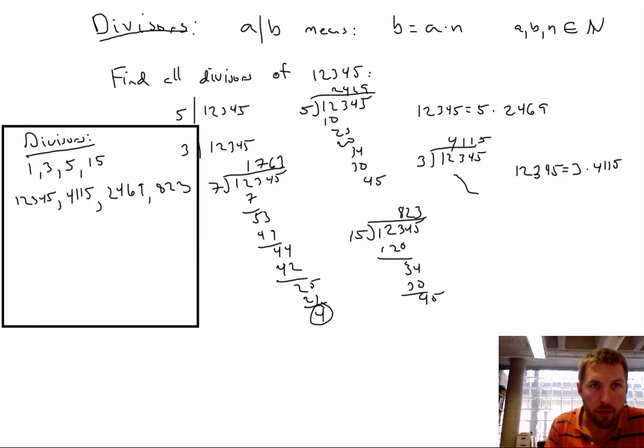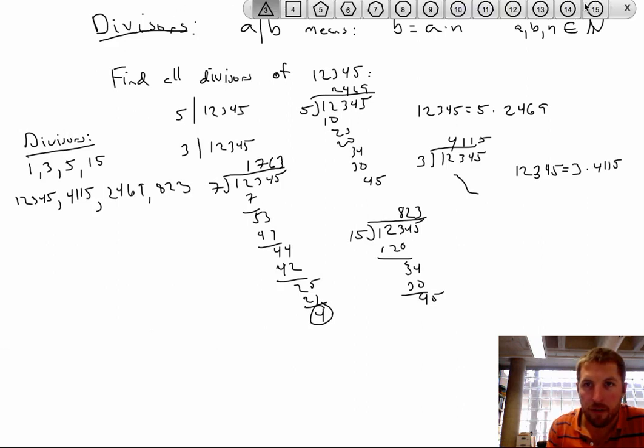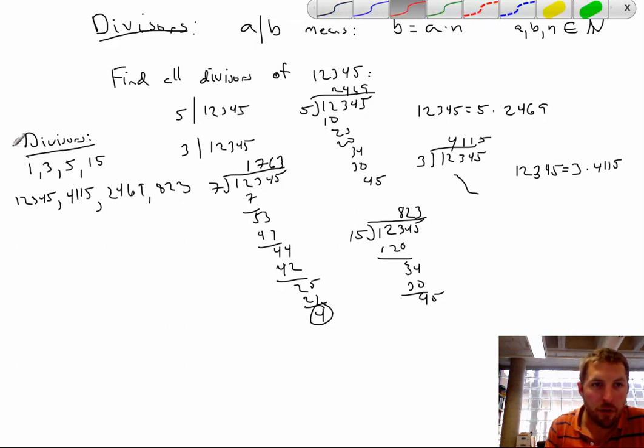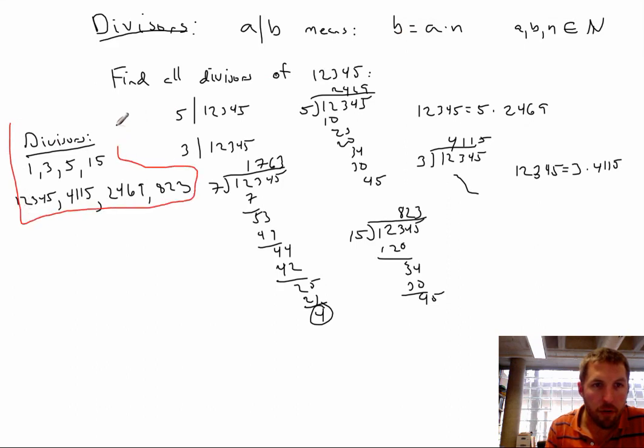Whoops, don't want to do that. Let's do it by the box. Tell you what, let's do that. Just draw a box. Okay, so we have our divisors. Great. Now that was kind of laborious, and we're going to learn ways to do this maybe a little bit more systematically, but you get the idea. Basically, we're just looking for numbers that divide in